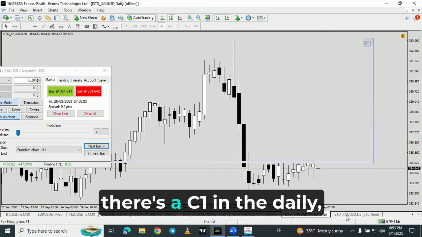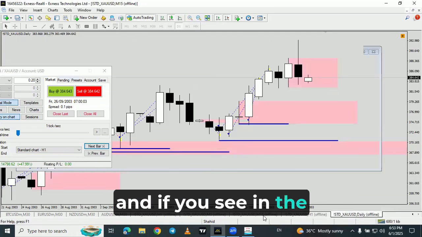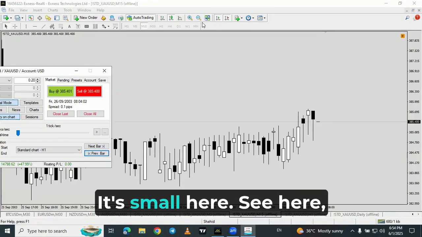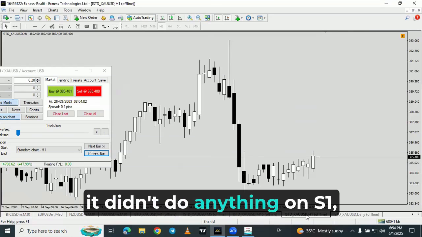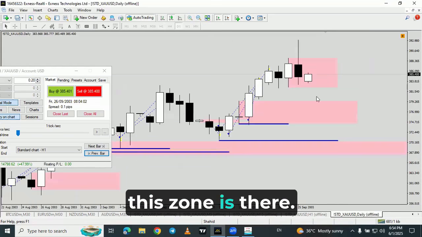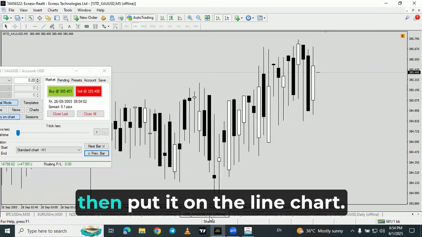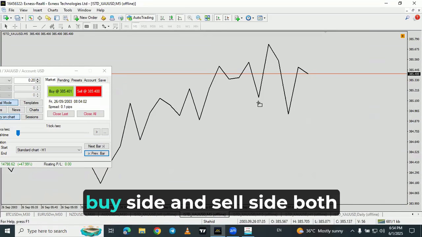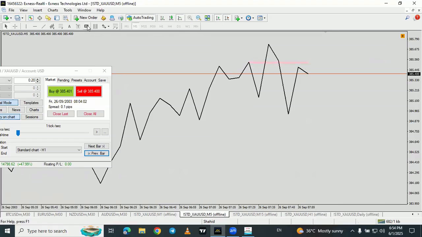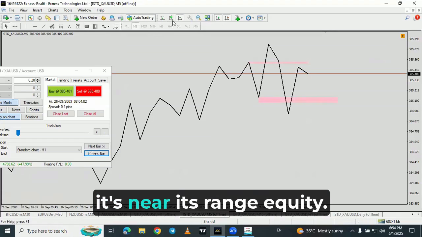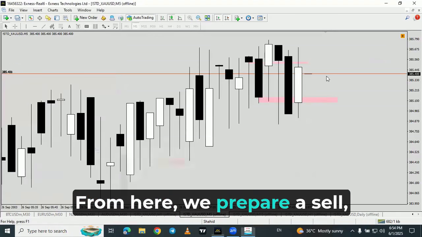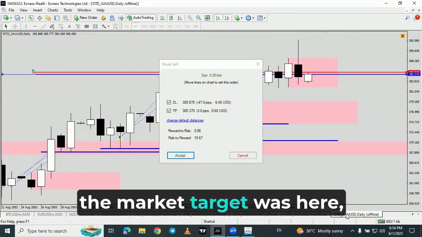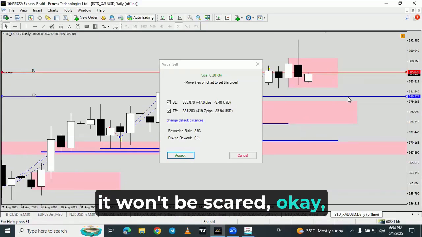If you see, there's a C1 in the daily, and if you see in the 15-minute, there's no, it's small here. See here, it didn't do anything on S1, and on the daily, this zone is there. If we can put it on 5 minutes, then put it on the line chart. See on the line chart what the market has done. Buy side and sell side both are done here. So it's near its range equity. From here we prepare a sell and our target will be this daily one here. But see, the market target was here. It won't be scared. Okay, well,